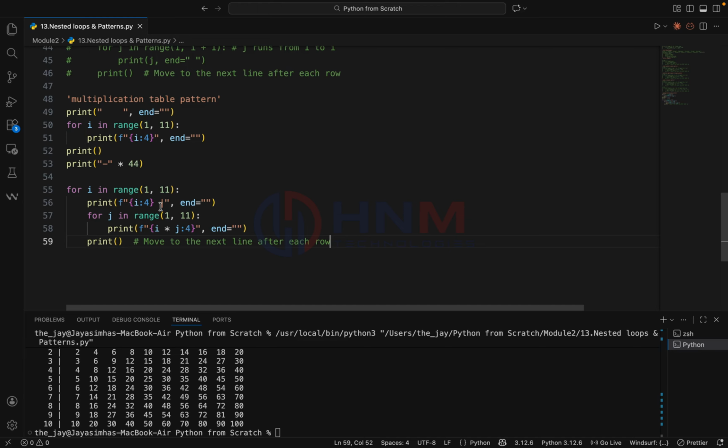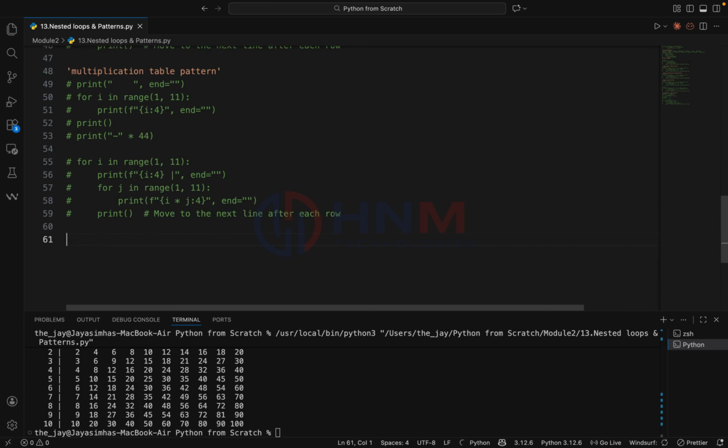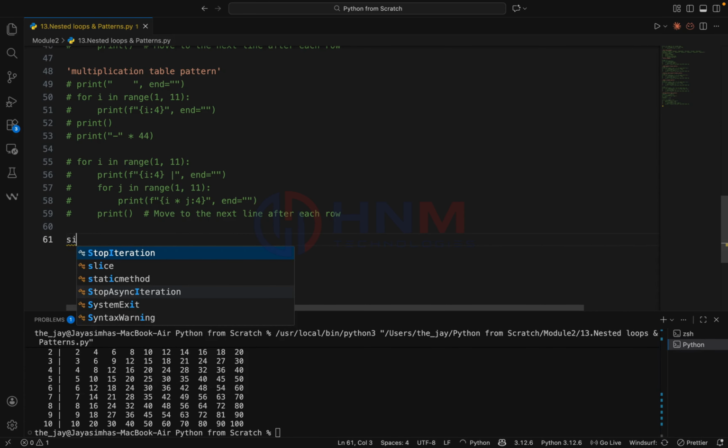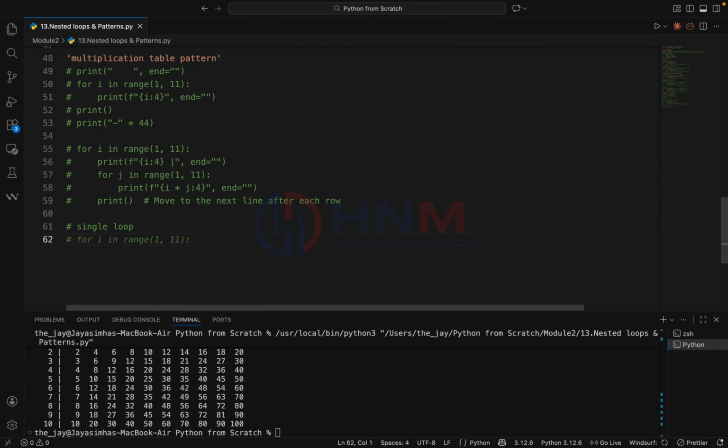What is loop complexity? We'll see. How many times does it run? Understanding how many total iterations happen is important, especially for interviews and performance. And I'll show you one thing. If I take a single loop, like for i in range five,